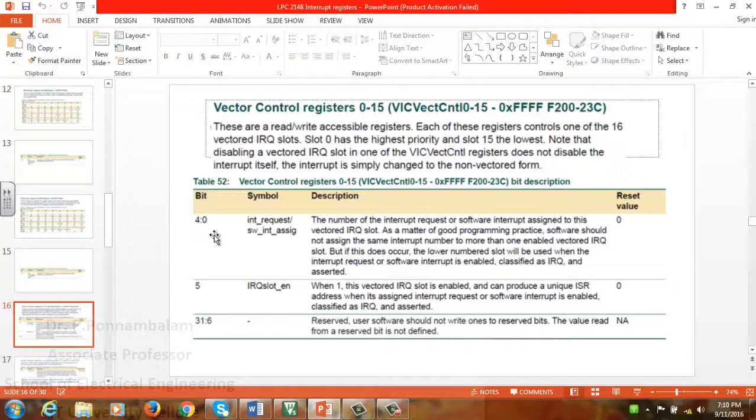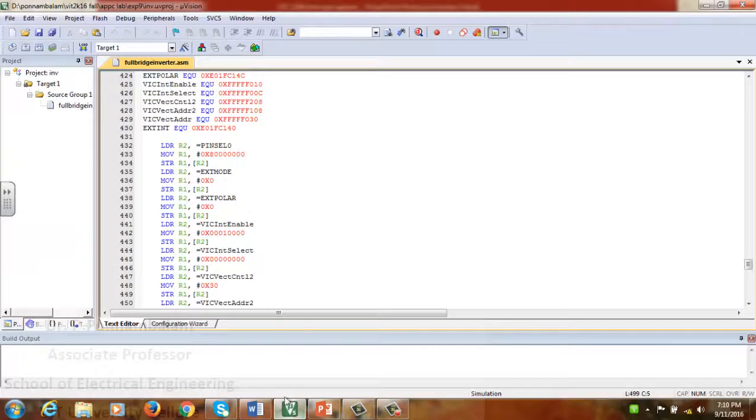As far as this number is concerned, your external interrupt 0 has the number 14. That's equivalent to E in hexadecimal. Then F will have external interrupt 1. Correspondingly, when you increment that one, it becomes 10. After F, it is 1 0. When it is coming as 1 0, the fourth bit will be 1, and the fifth bit is also 1. When the fourth and fifth bits become 1, it gives the value of 3. That's the reason we are putting it as 30 for VIC vector control 2.